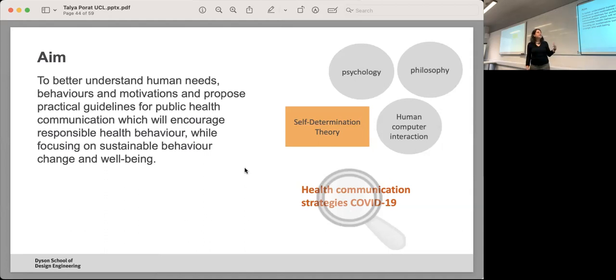I'll talk about it in a minute, but also other psychological theories, also from philosophy and human-computer interaction. And we also did a systematic review for health communication strategies countries used during this period to see if they adhere to some of the guidelines and they're proven